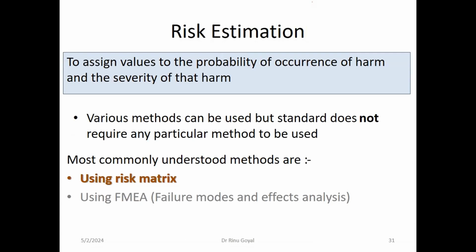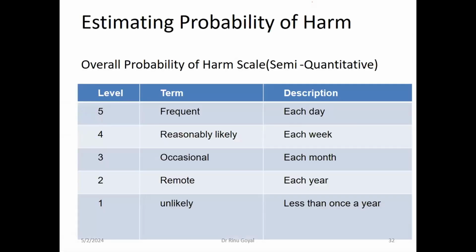So actually what is estimation? It is giving a value to something. Estimation is to assign values to the probability of occurrence and the severity of harm. How to do that? How can we assign values? These are a few examples of how multiple standards talk about estimating probability of harm. Overall probability can be assessed, can be given